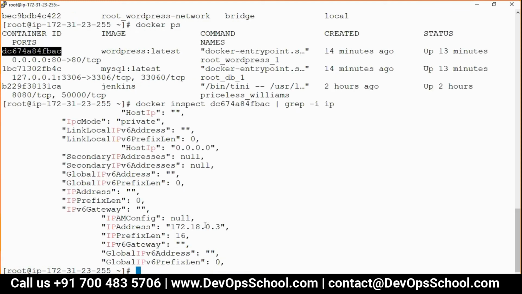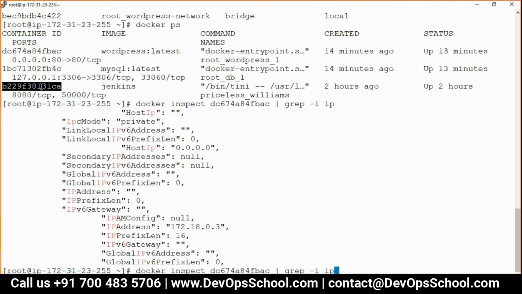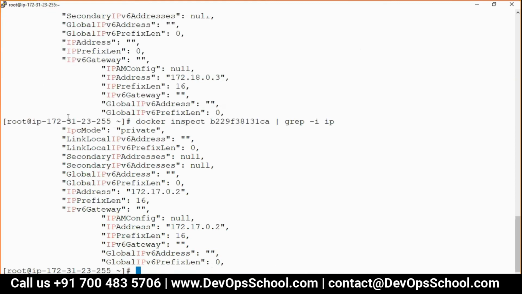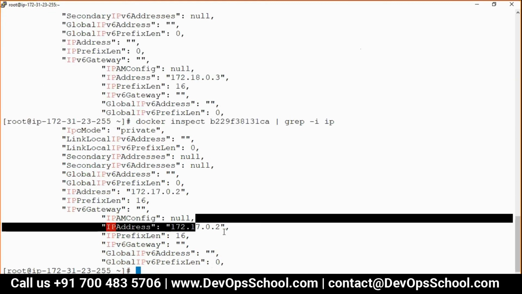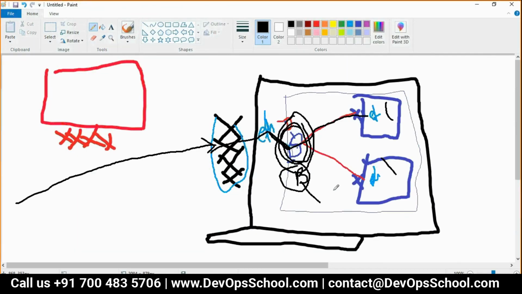See 18, look at this 18. And here you want to see this container, which is Jenkins, which I created long ago. See, 17. So that way, did you understand that? Visualize that stuff, guys.